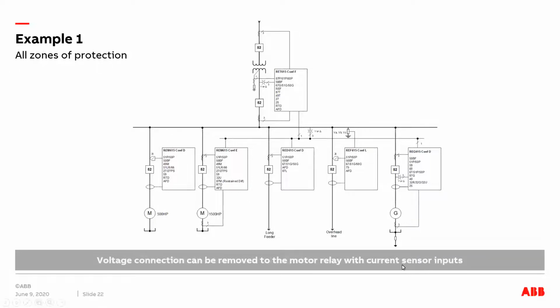And now we can remove the voltage connection to the motor relay with the current sensor input. So earlier we had wired the voltage, the PT, into this relay as well. Now with this relay in place, we can remove that wiring from the bus PT to this relay, and then